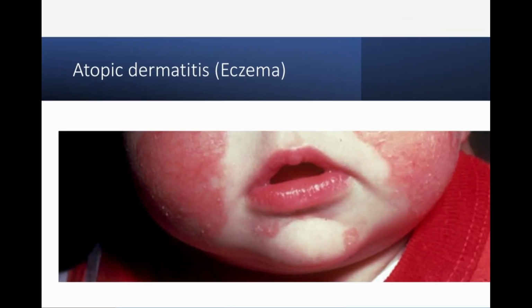So this is atopic dermatitis. This is eczema, but this is a reaction to something. If you have babies or know people around babies, you have to give them one food at a time, because if you give them too much food at one time and they get this, you don't know what food caused it. So that's why you always introduce foods one at a time to babies to see if anything causes an allergy.